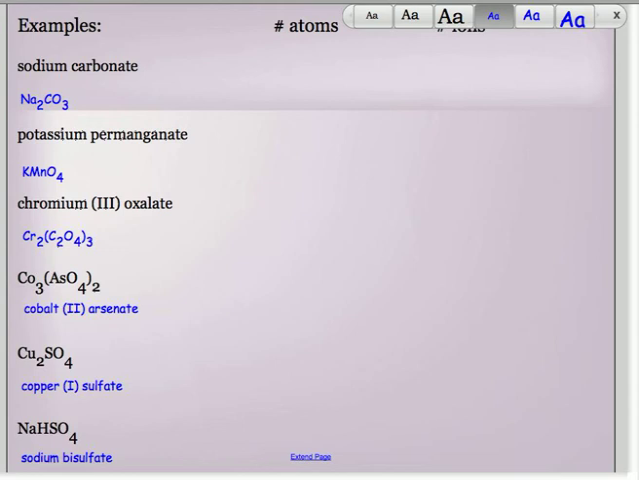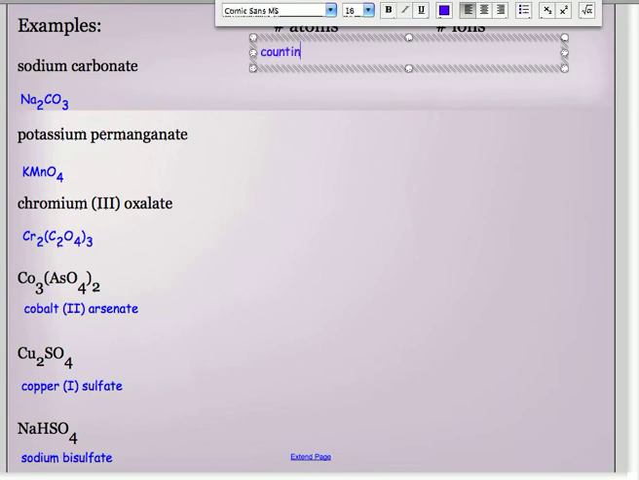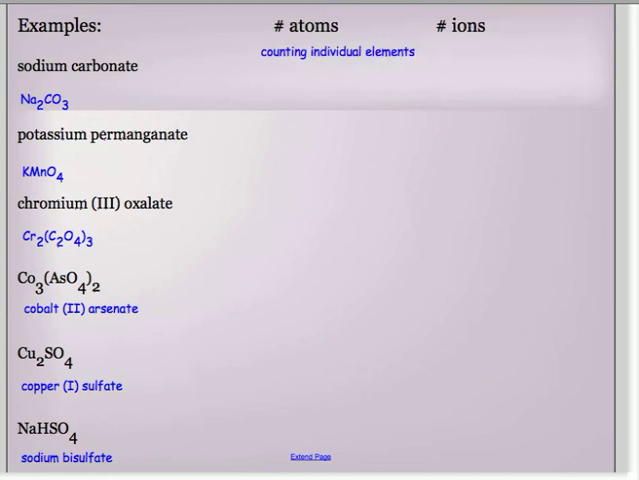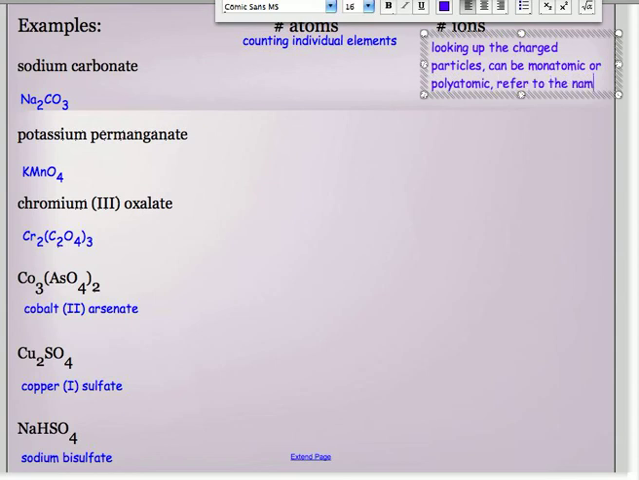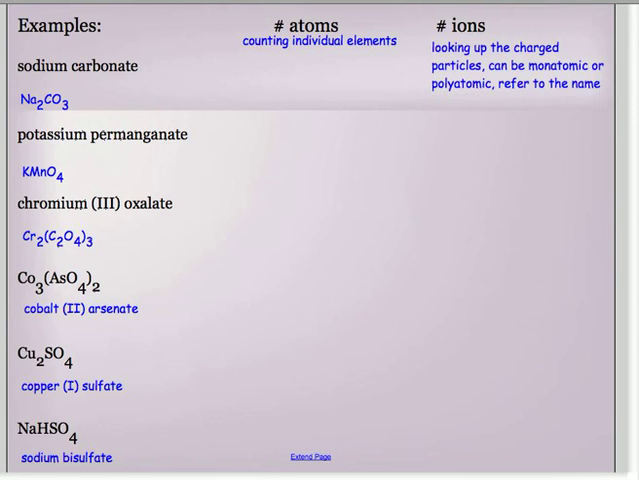So first thing, atoms are going to be counting individual elements. Like we're saying, how many sodiums do we have, how many sulfurs do we have, each individual thing. Whereas an ion is a little bit different. An ion is looking up the charged particles. And this can be monatomic or polyatomic. And you want to refer to the name for this. And again, it'll make more sense when we do a couple of these, just to see